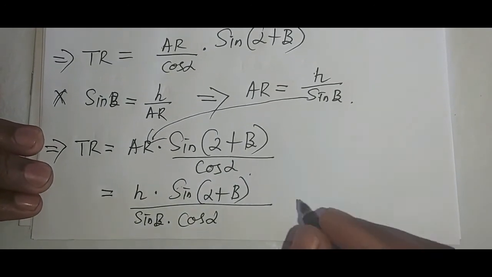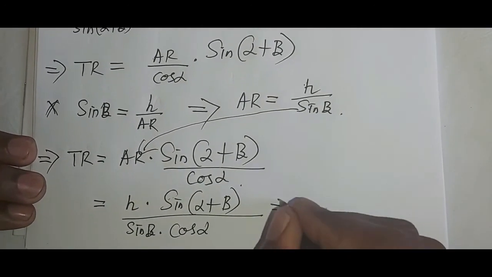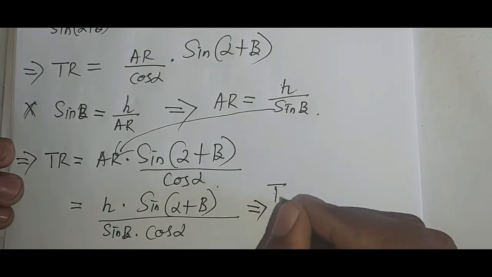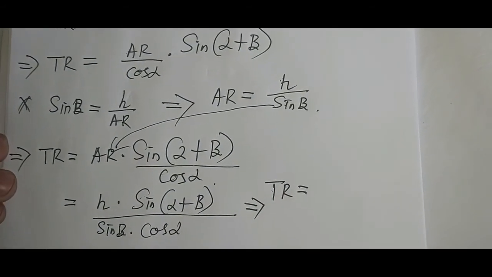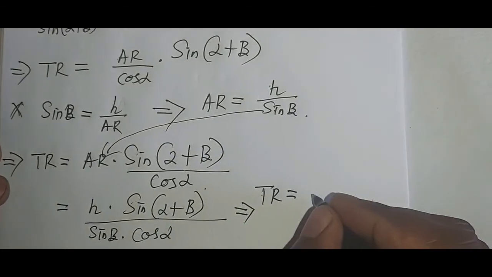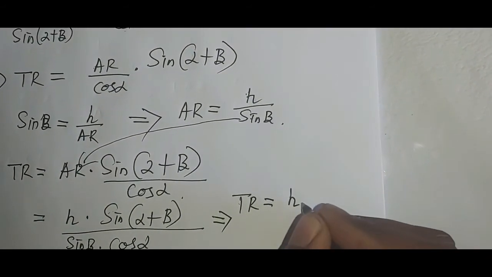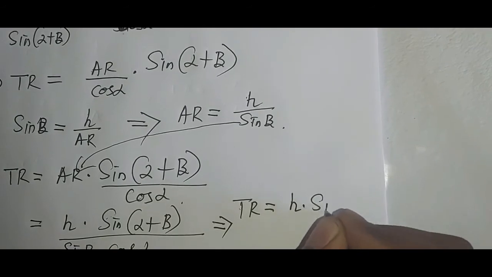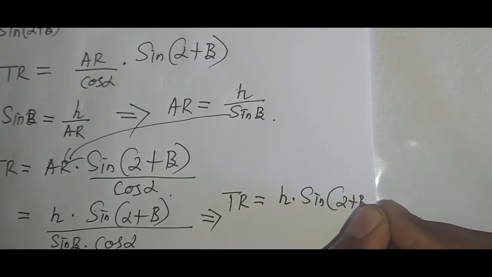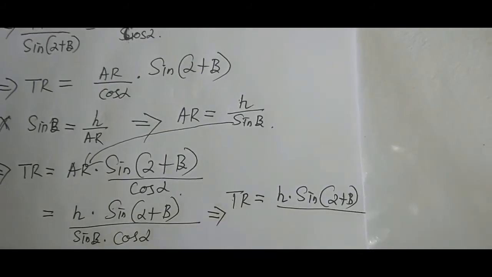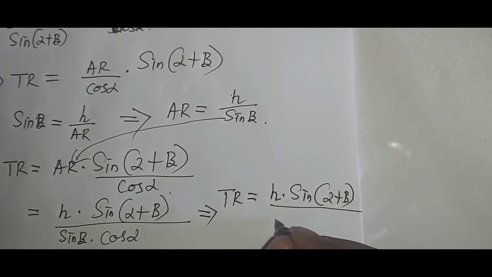So it actually implies that my TR is equal to, as I rearrange and write it in the way that I must prove it, h multiplied by sine of alpha plus beta, everything over cos alpha